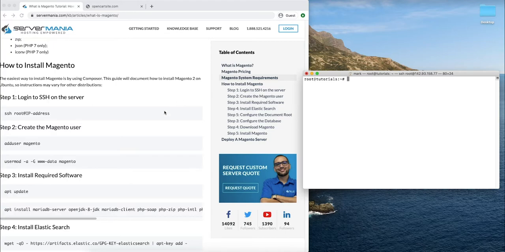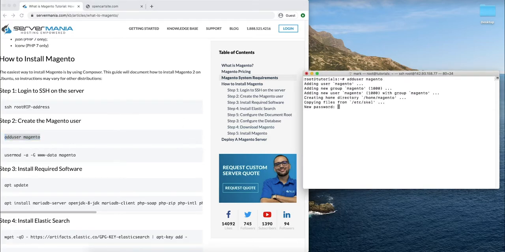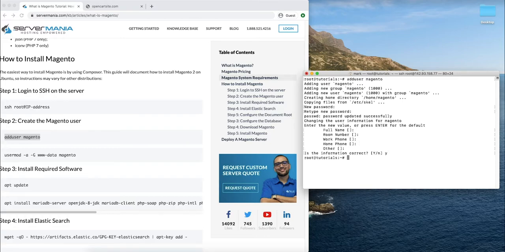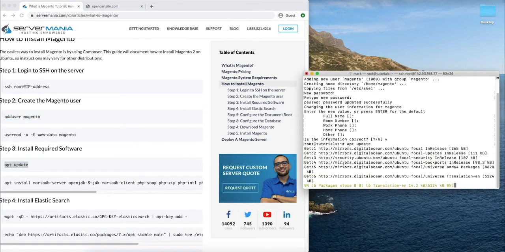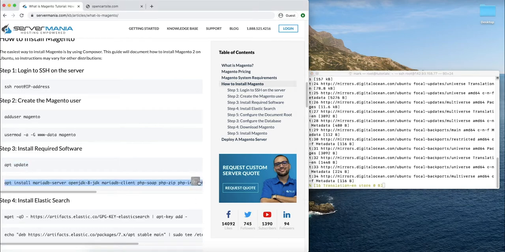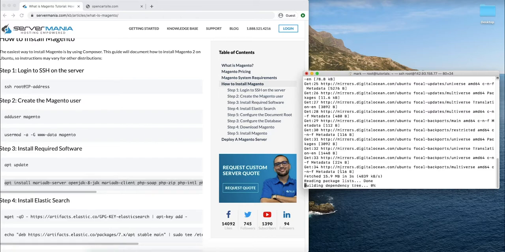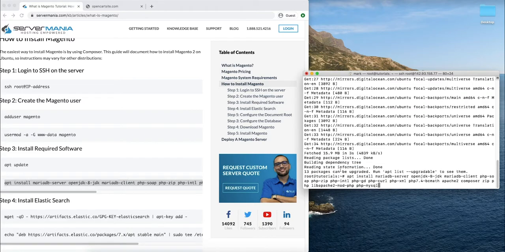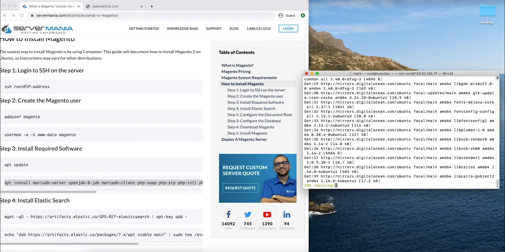The first step will be to log into SSH to the server. From there, we're going to create a Magento user which will be used to run the software. Once the Magento user is created, we'll run an apt update. From there, we'll run an install on a lot of different software, but this is essentially everything you'll need, including